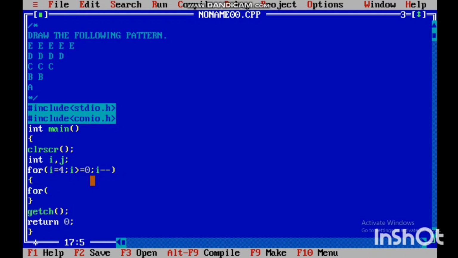And inside this outer for loop we create inner for loop, and in this inner for loop we also take three parameters. Firstly we initialize j variable equals to 0 and check condition if j less than equals to i, and j increment by 1. And inside this inner for loop we print outer loop variable i plus 65